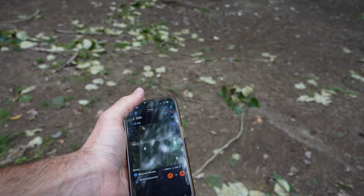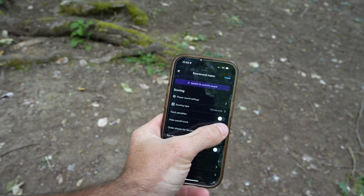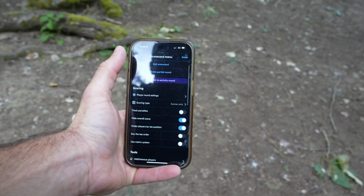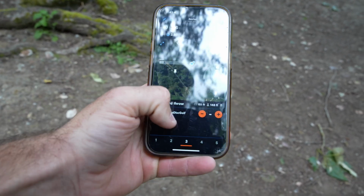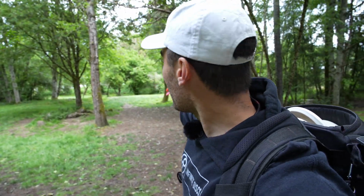Also, if you're wanting to not worry about score, you can come up here and hide overall score. Turn that on. And now, as long as I just play in the moment, I won't be able to see my score down here. One thing I love about woods golf, especially if you're prepping for a tournament, like this is how my first round at Shelton is gonna be, is if I'm looking here, I see if I throw something straight that gets a little fade, but mostly stays straight, or a little turn,